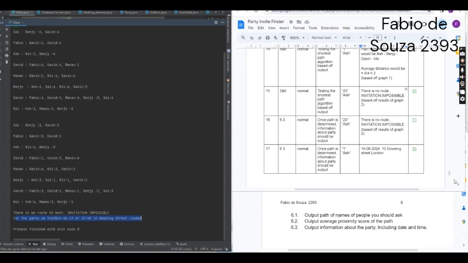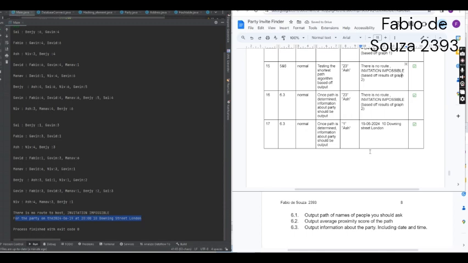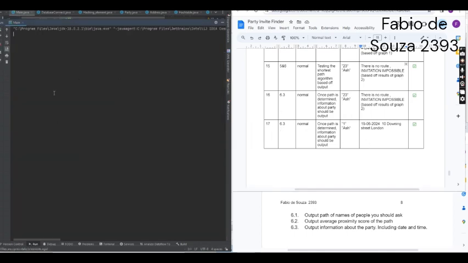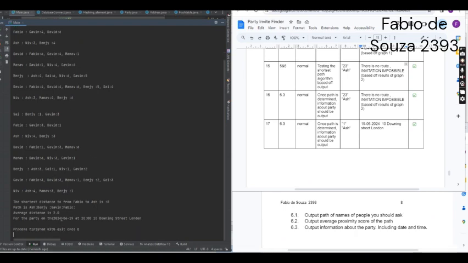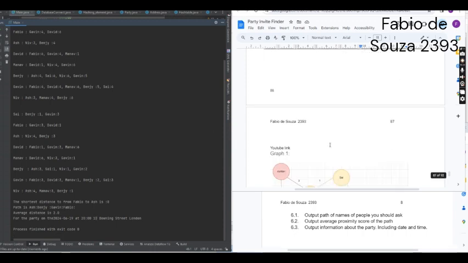It still does that, so we still meet objective 6.3. And 6.3 is met when you put in 1 and Ash. As we said, 2024, June 19th at 8, 10 Downing Street. And that concludes